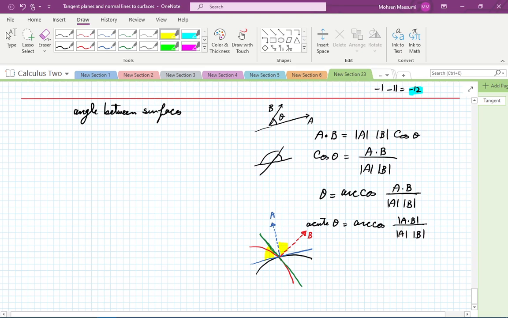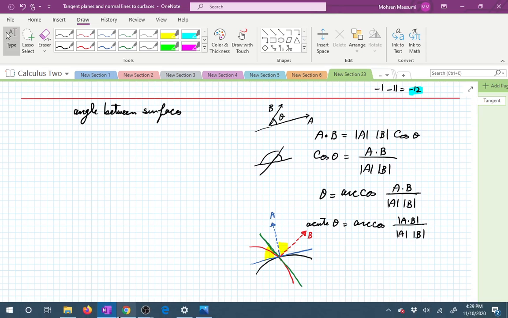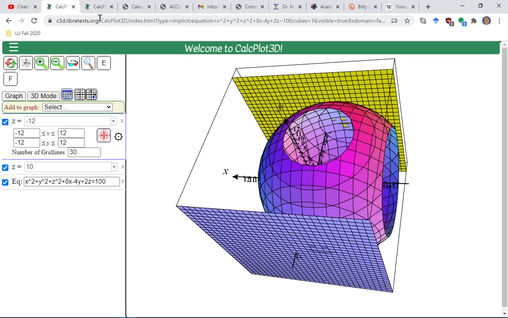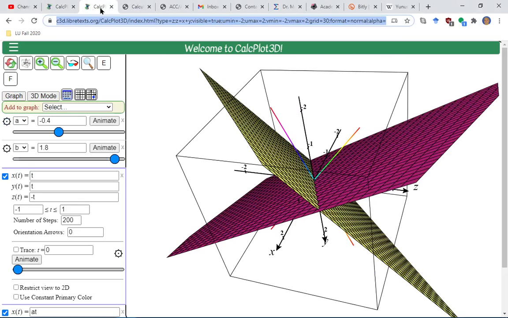Okay, so we have two surfaces. The exact same thing applies in the case of surfaces. Let me show a picture so that we know what we're talking about. Let's go to our trusted software here. Okay, now I have drawn two